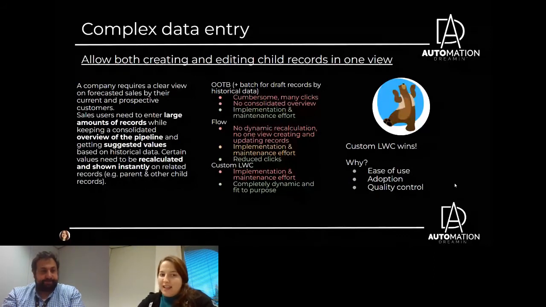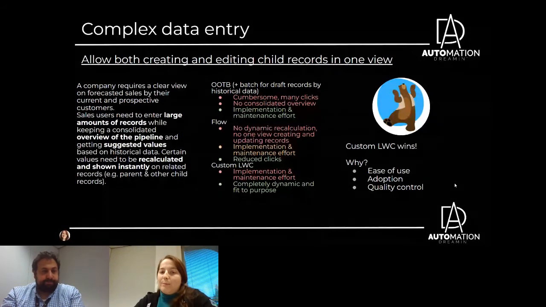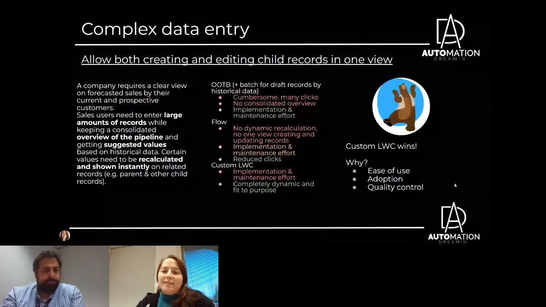We've mentioned that there are large amounts of records, right? This means that it's going to take a tremendous amount of time if they have to click through all of these out of the box. And even for Flow, it's not going to give them the right kind of use that they need. They won't get this overview. They won't get the real calculation. So for adoption, this is a real risk because they need to be able to do this in a very easy way. So those are the two main concerns, but the third is very important as well, and that is